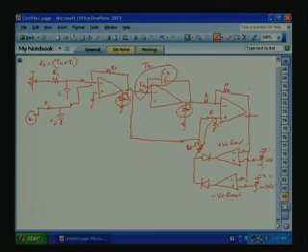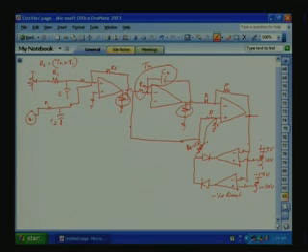Okay. So, it will be tracking the value here. If you see here, this reference point will be tracking this value, so that output will come to the required value. If you see here, high frequency oscillation will be there, that you can avoid by using 100 pF here. This is our positive limit, that is why we have given plus 15 volt. This is our negative limit. Negative limit can be 0 also.